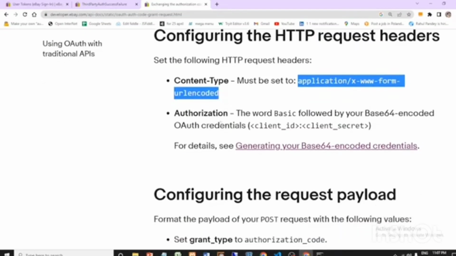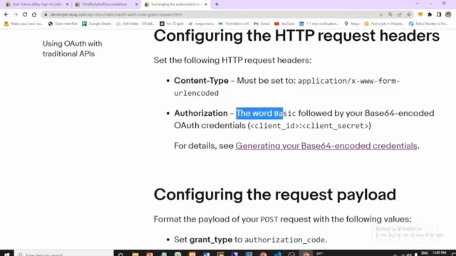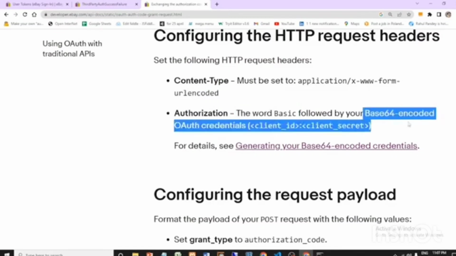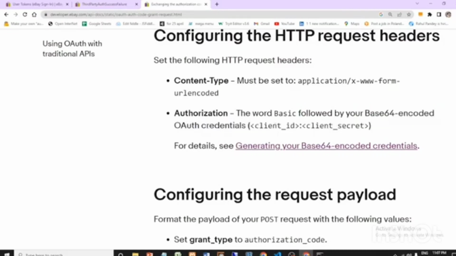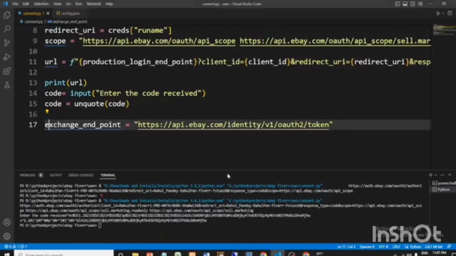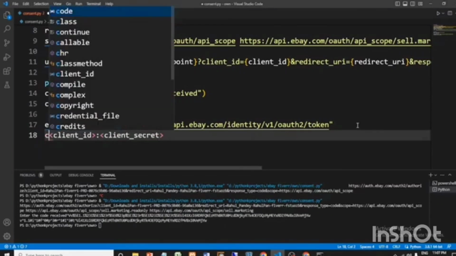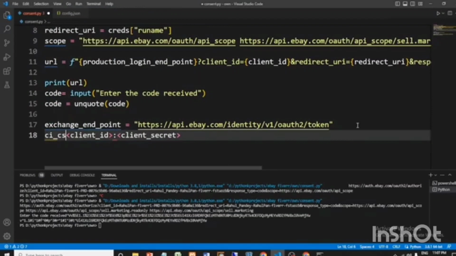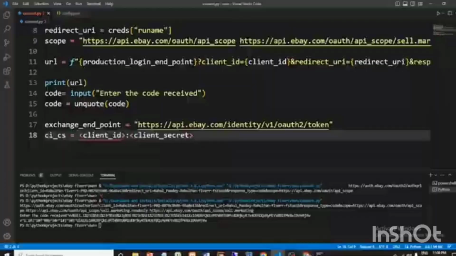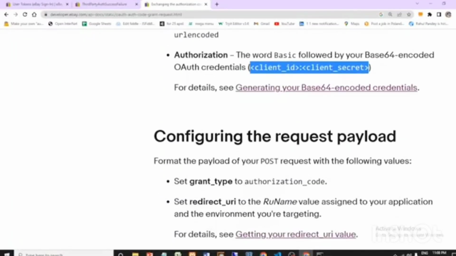And then authorization should be the word Basic followed by base64 encoded OAuth credentials, which will be client ID, colon, client secret. So we'll copy this format, just roughly copy it and paste it here. We'll say this is client ID client secret. So let's call a variable CI, which is the client ID underscore client secret string. Okay. So we'll improve it later, and